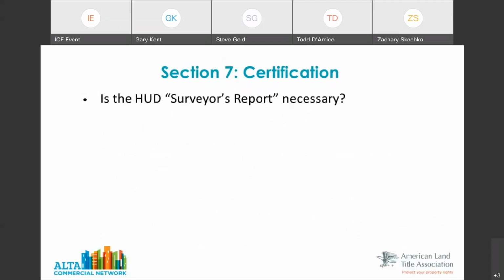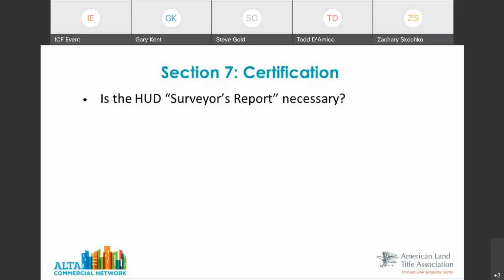We'll end this section with just a kind of rhetorical question, and I know I talked with some folks at HUD years ago, probably almost 20 years ago, about the surveyor's report. It's really a certification that is separate, and it's probably something for HUD to consider: virtually everything in that surveyor's report is stuff that's already required to be included by virtue of the land title survey standards. So when I certify that I made the survey that way, I've really covered almost everything that's in this surveyor's report.